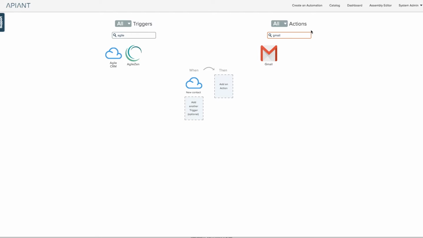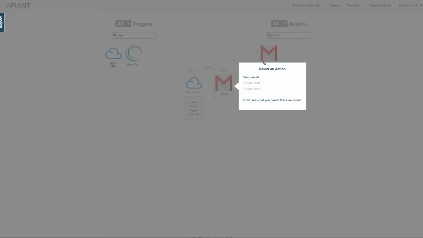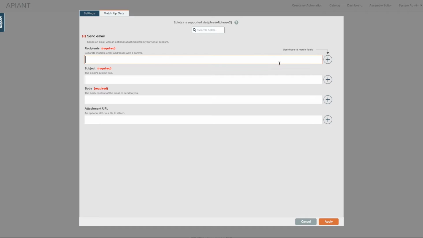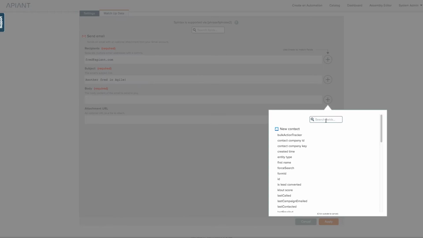So I want to know every Fred, because my name is Fred, and I want to tell them, hey, you know what, guys, we have the same name. That's pretty cool. And then here in the Gmail, the recipient, I'm going to put myself here as a recipient. And then the subject, another Fred in Agile. And then here in the body, I can start mapping these fields, and I can search